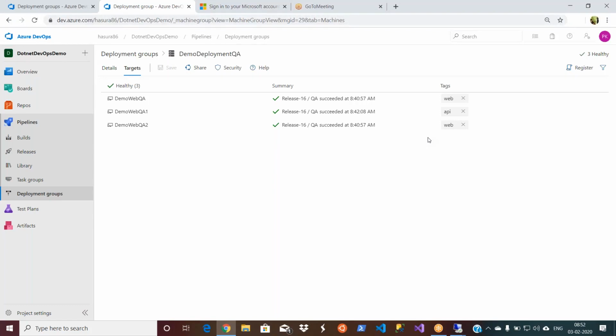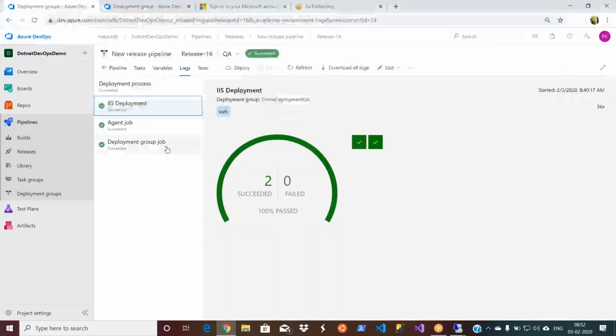Tomorrow, if I have another web server added, all I do is deploy my deployment group agent onto the server. That's it. And I apply the tag web. I don't even need to make any change to my release configuration because I'm already using the web tag in my release definition.